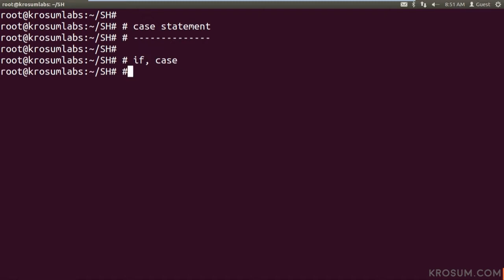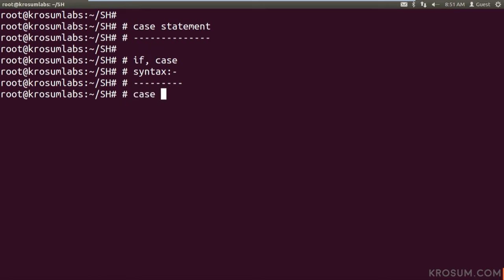How to write a case block statement? First you can see the syntax, then we'll go to an example. Syntax of case statement: you write case. Case is a keyword, followed by a single space. Then you define a user defined variable. Again there is a single space,